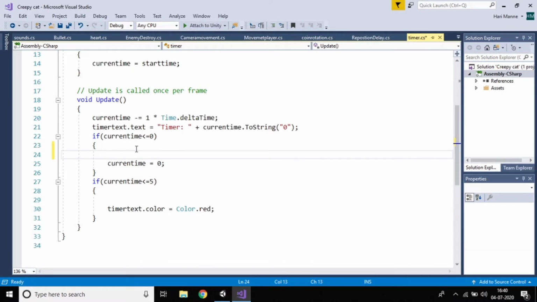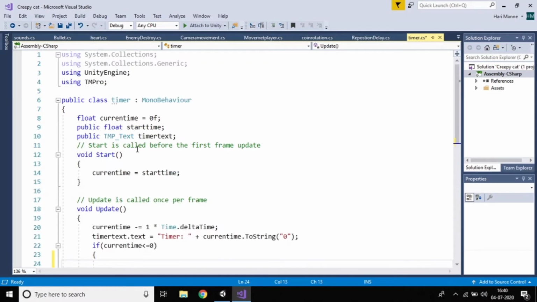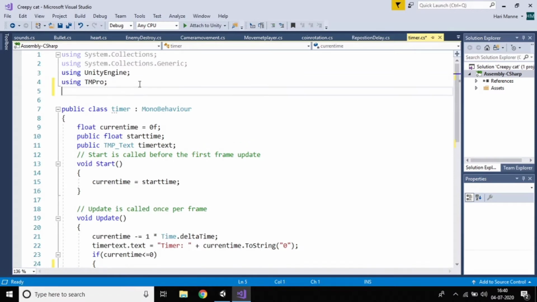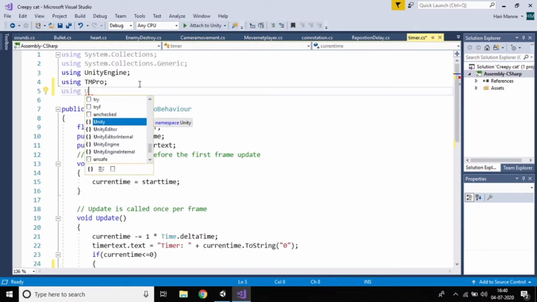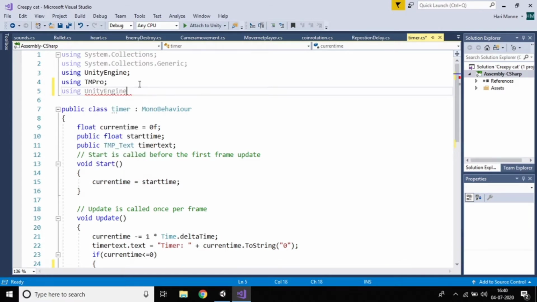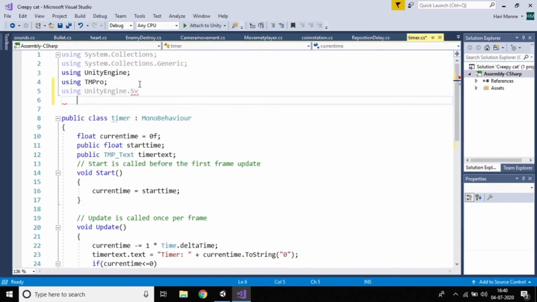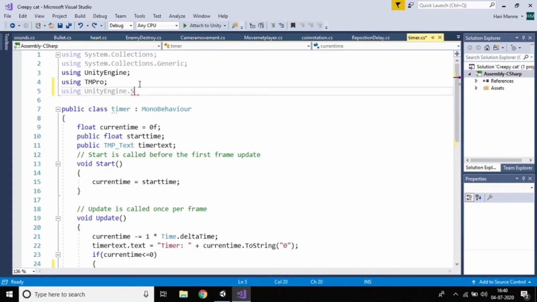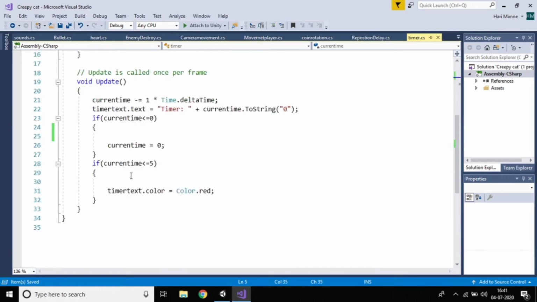For that we need to add scene management. First of all, don't forget to add the package, that is using UnityEngine.SceneManagement. Press Control S and go here. Now you can work with scene management.